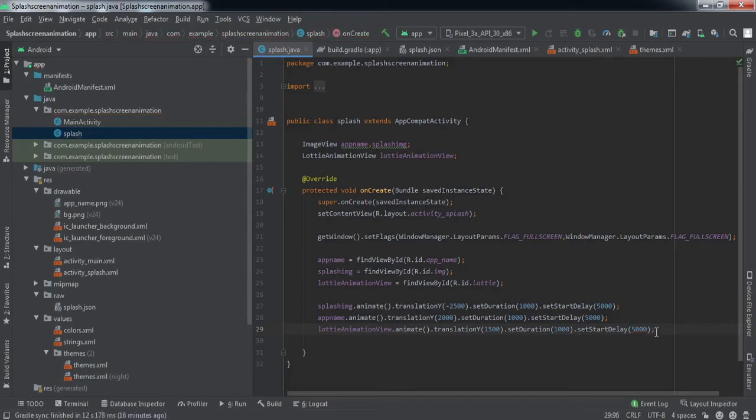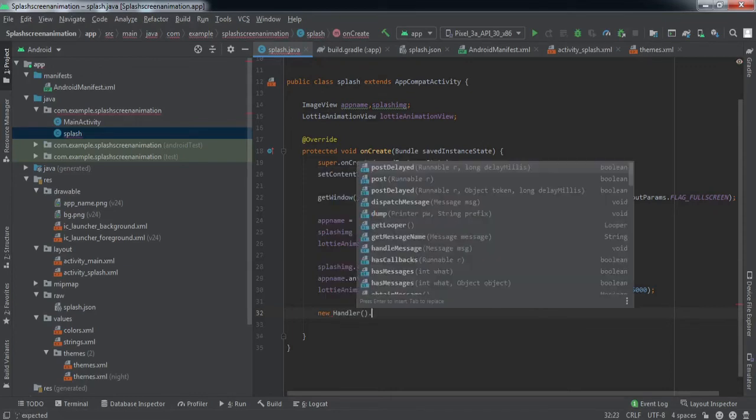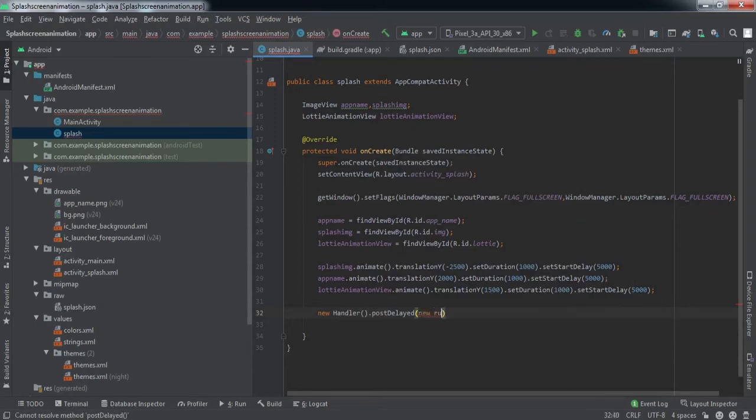Okay guys, we have set the translation for all the three elements present in the XML file, right? There is no hard and fast rule. Till where you want to translate it, you can just play around with these variables, right? And see whatever suits your application, you can set it according to that. This is the best which I think my design works with. So I've set these variables, you can just play around.